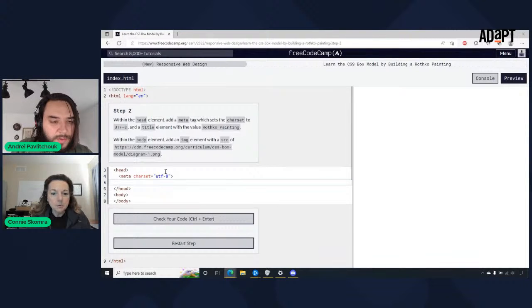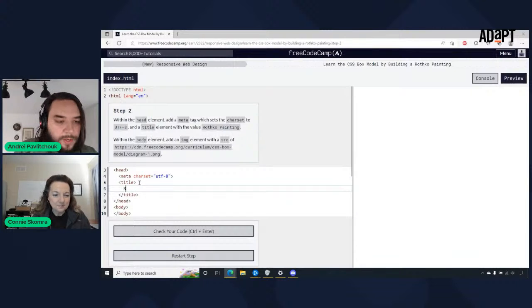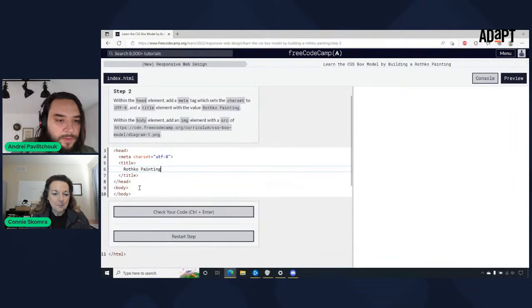And so are we supposed to have two meta tags? Another tag in the head element is, what's the next one that goes in the head element? Yeah, sorry, I was just focused on this. We need a title element with the value of Rothko painting. So we need a title element. And then we need the value of